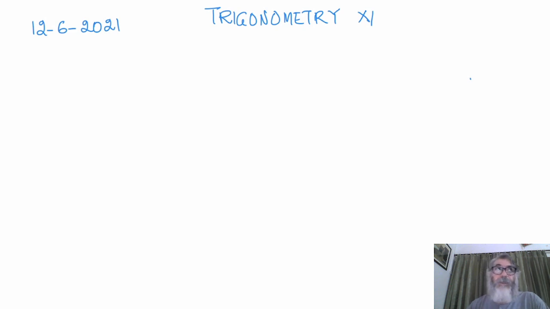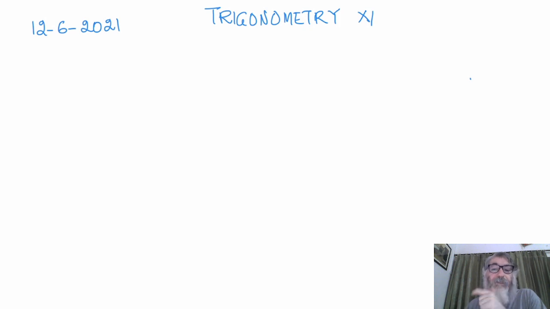We told you in sin(A+B) we'll always get the combination of sin and cos. In cos(A+B) or cos(A−B) we'll always get the combinations of cos and sin, and the signs in between will be the opposite. Like in case of sin(A+B), plus will remain between the combination. In sin(A−B), minus will remain between the combination. But in cos(A+B), between the combination of cos and sin, minus will become. And if it is cos(A−B), then it will become plus.